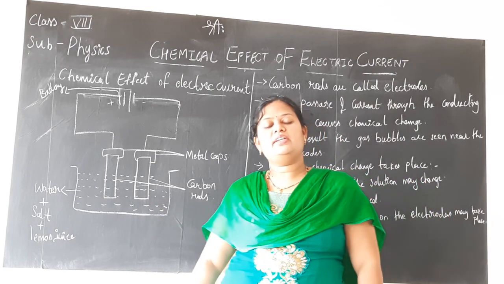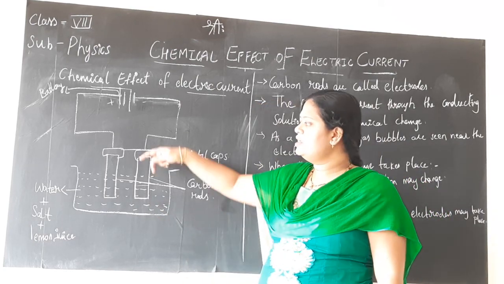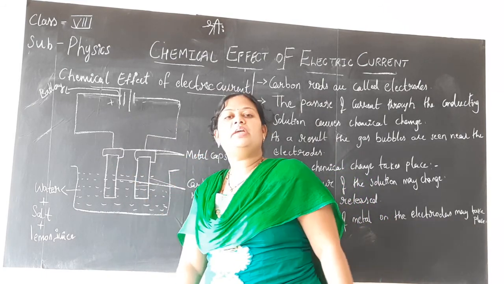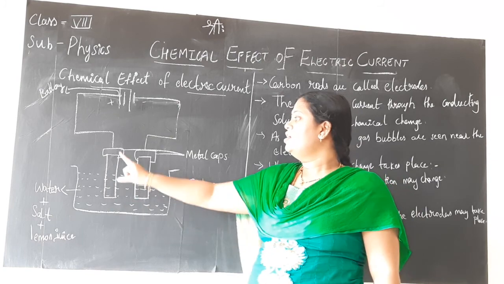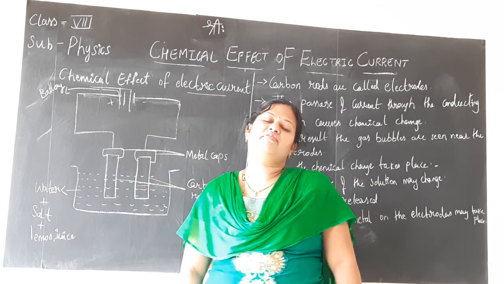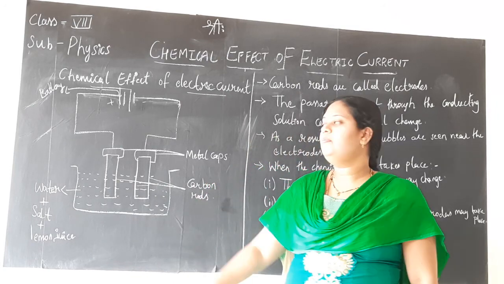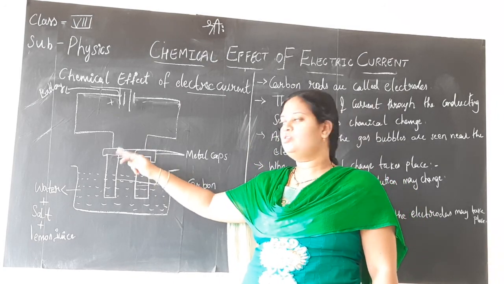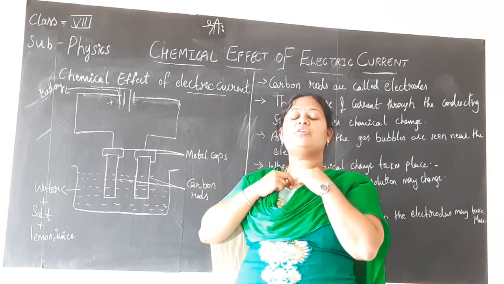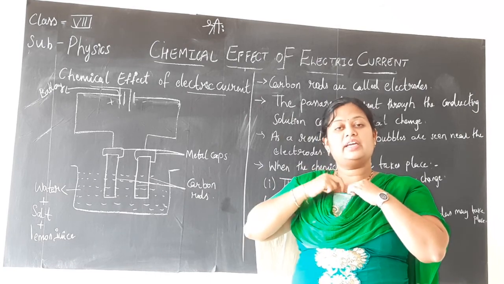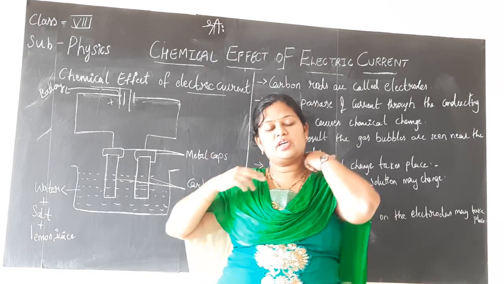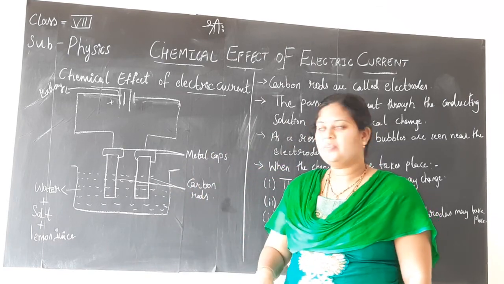After preparing this solution, next we dip these carbon rods inside the beaker. Make sure that the metal caps on the carbon rods are outside the surface of the water. We know metals are good conductors. So if they come into contact with water when you have the power supply, children, a short circuit may take place or you may get an electric shock. That is the reason you should make sure the metal caps are outside the surface of the water.